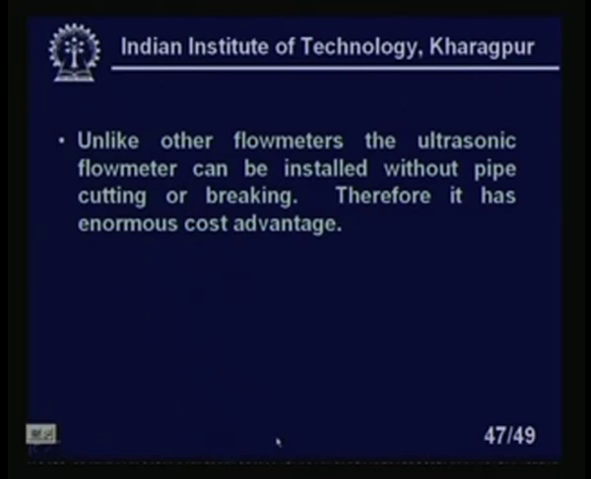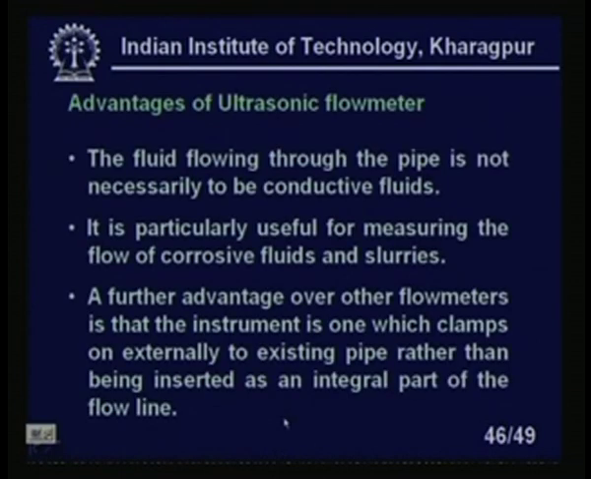Unlike other flow meters, the ultrasonic flow meter can be installed without any pipe cutting or breaking. It is a clamp on. You have seen the Doppler shift flow meter is a clamp on system. Just outside you install the two sensors, so through the wedge the ultrasonic signal will enter the pipe. So, it is totally clamp on system, that means outside of the pipe you install the two ultrasonic sensors,